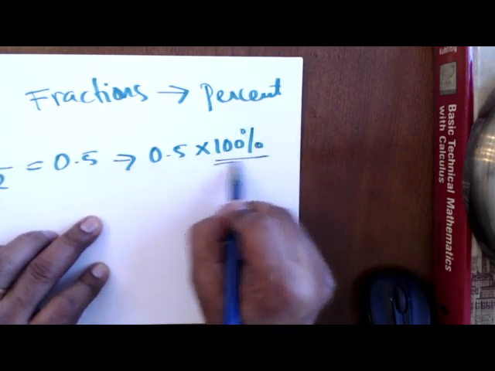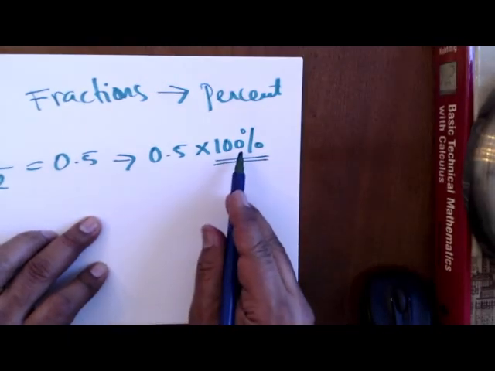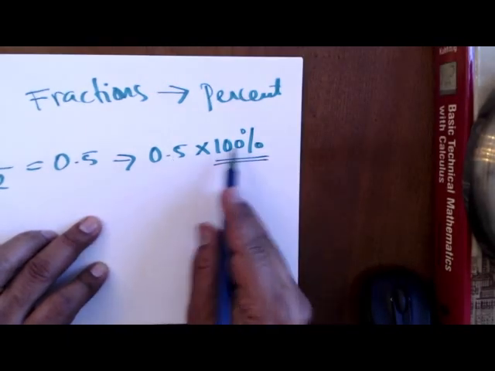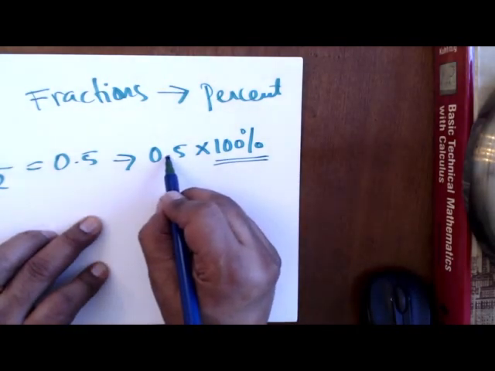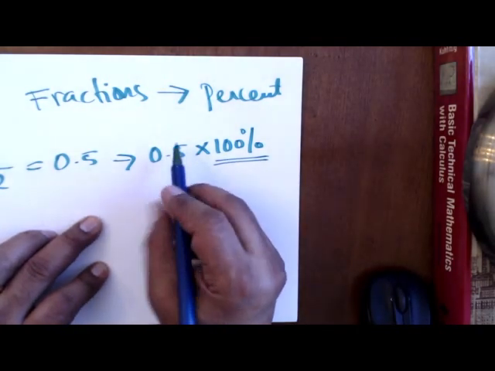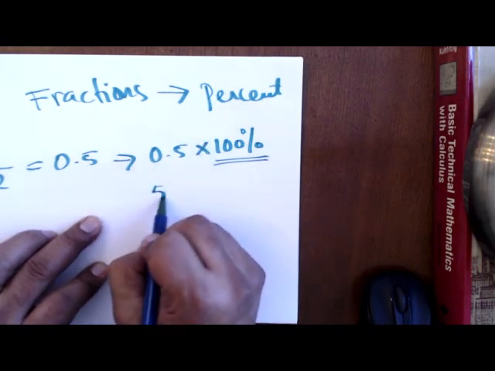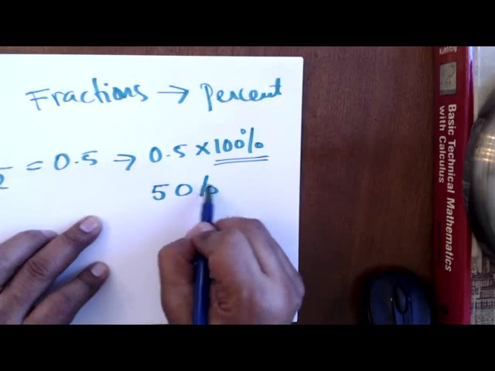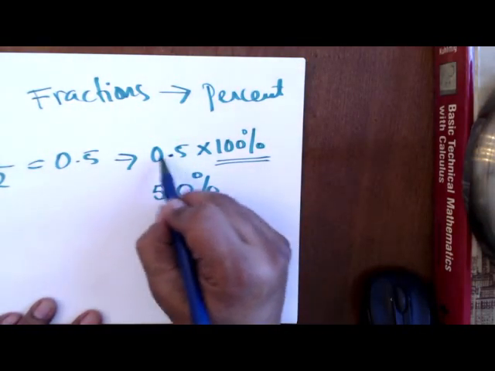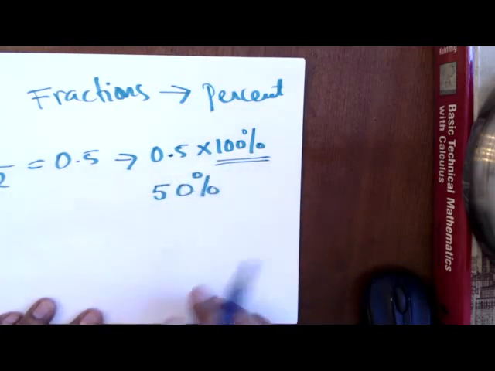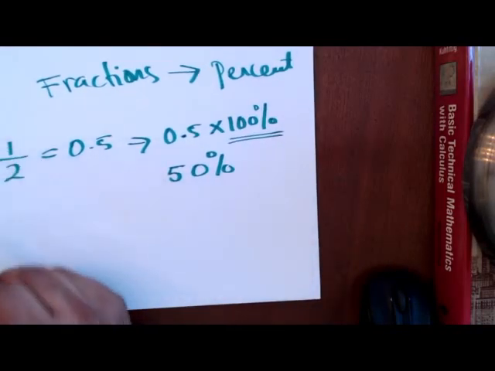This is what turns it into a percent. And so this is multiplying this times 100. What we're going to do is move this point 2 places, 1, 2. So this is equal to 50%. If you have an issue with moving the decimal point, use a calculator. All right, this is example number 1. Example number 2,